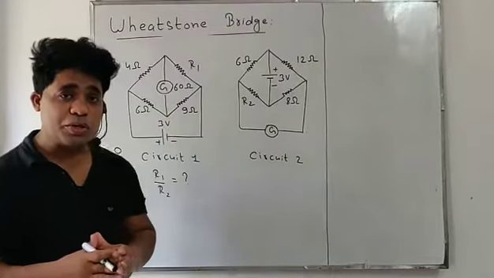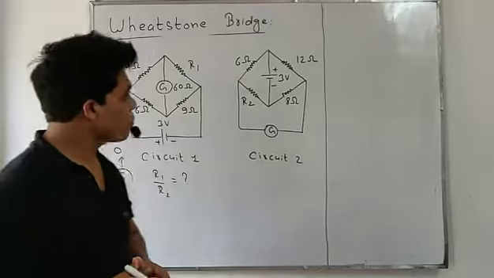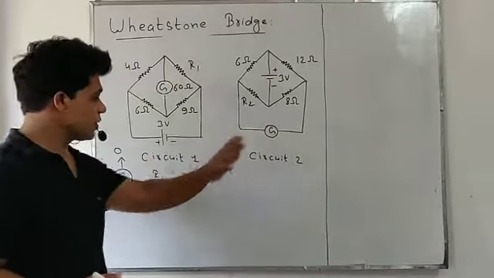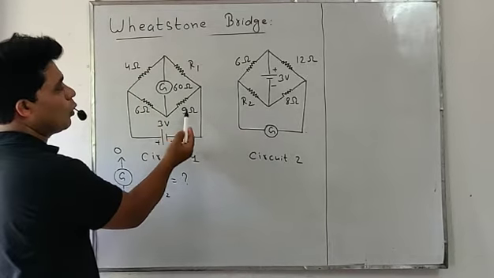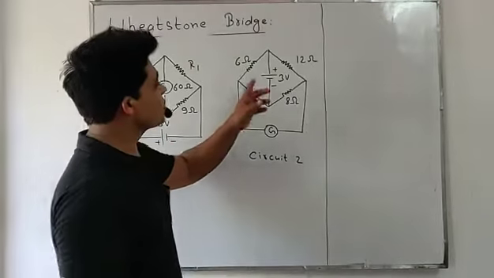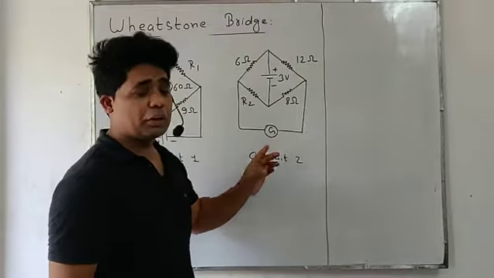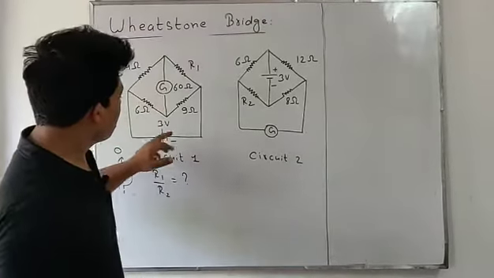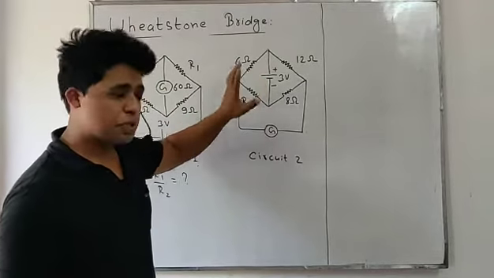So now students, we are going to discuss a numerical based on Wheatstone bridge, the topic that we did just now. Listen students, we are given two circuits. This is a numerical. We are given circuit first and circuit second, and we are given 4 ohm, R1, 6 ohm, 9 ohm, and there is a galvanometer having 60 ohm resistance, while the other circuit has 6 ohm, 12 ohm, R2, 8 ohm, 3 volt battery and galvanometer. In the second circuit, the positions of galvanometer and cell are interchanged. Look, this is the position of cell, and this is the position of galvanometer. We interchange the position, okay?